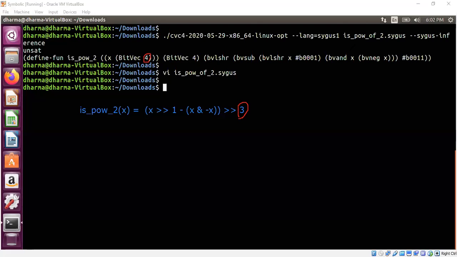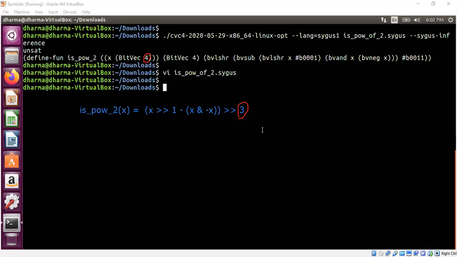So I will claim that this thing is generalizable because I verified it. By just replacing the 3 by 7, we can actually make it work for all 32-bit numbers as well, right? By replacing number 3 by 31, it will work for all 32-bit numbers as well. So we can actually check that if you're curious, which I will show you in a minute. So that's basically the main message. Now let's get into the